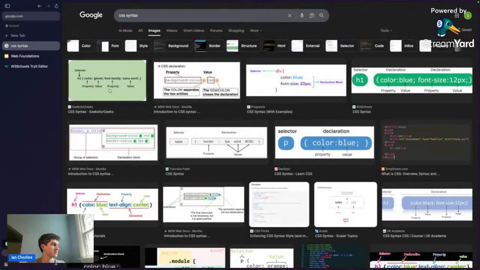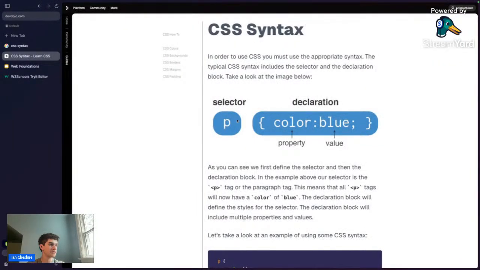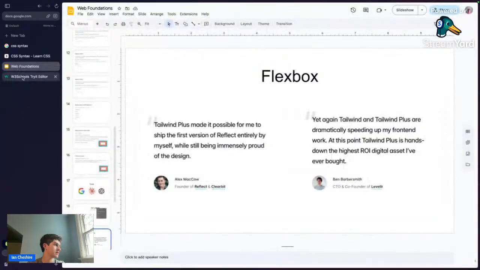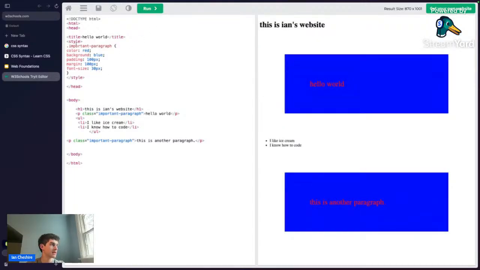let's get an image of a CSS syntax. So we have that, that's a good image. We have a selector and we have a declaration. And inside the declaration can be multiple properties with values. So to change the text size, you simply use any of the selectors. In this case, important paragraph selects everything that has class important paragraph, and then font size says the font